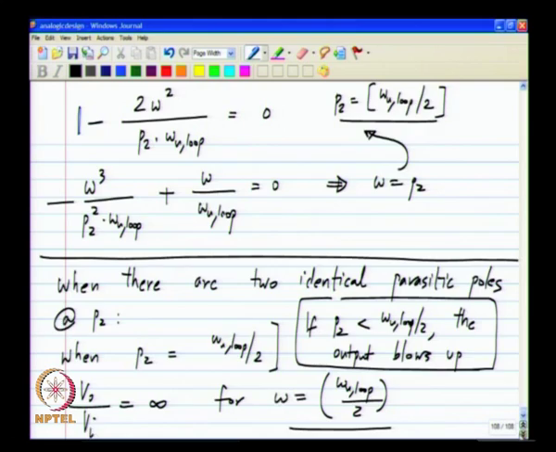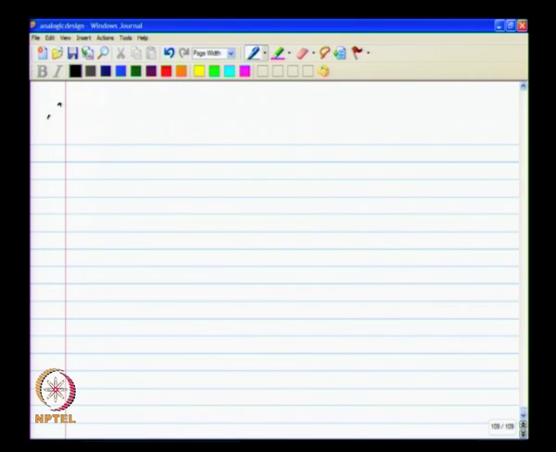So, for stability, P 2 should be less than half of the unity loop gain frequency,